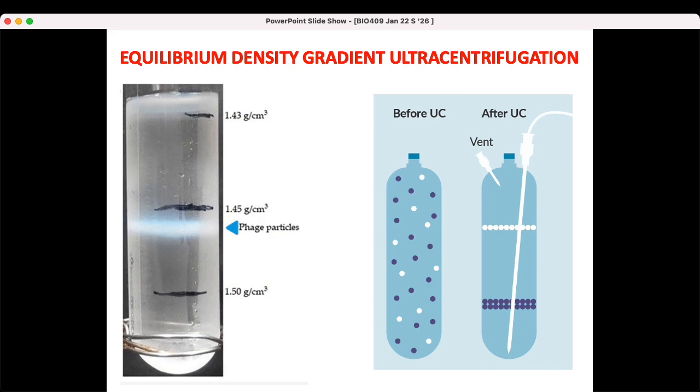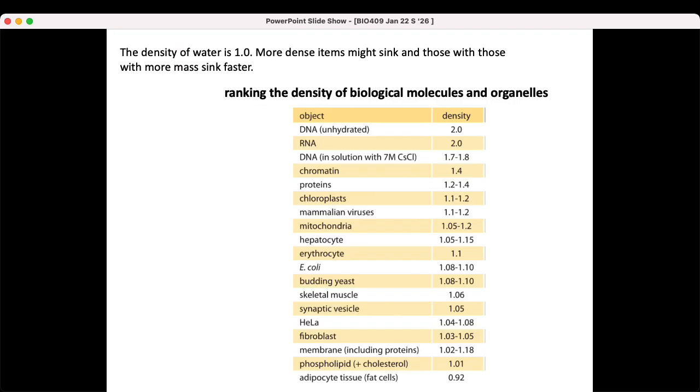Again, our picture is a little bit dissatisfying, because what it's showing here is actually some blue molecules and some white molecules. And the blue banded at this density, and the white molecules banded up here, right? So we take a mixture of molecules and we can separate them based on their different densities. And you won't be able to see this in detail, but DNA, RNA, proteins, chloroplasts, viruses, skeletal muscle, they have slightly different densities. So we can float them by creating these gradients or layers of different densities in the solution.